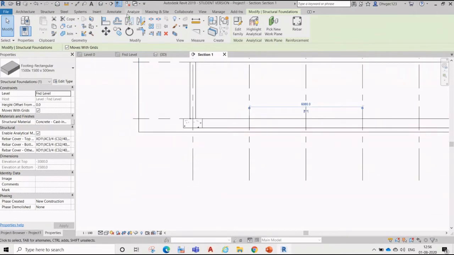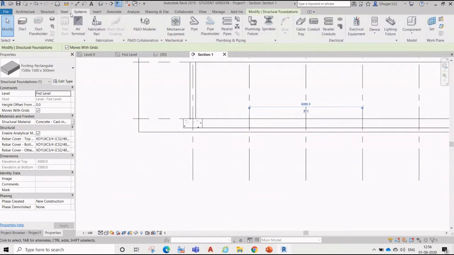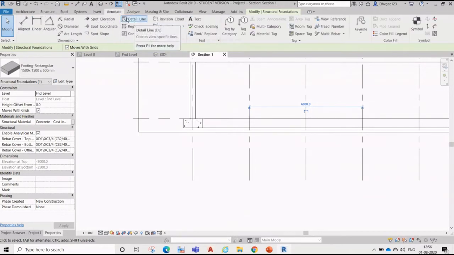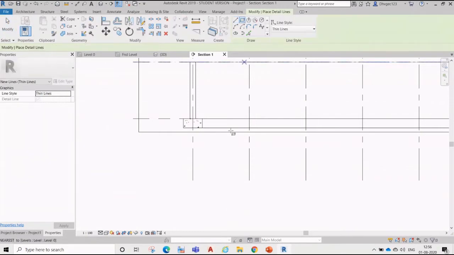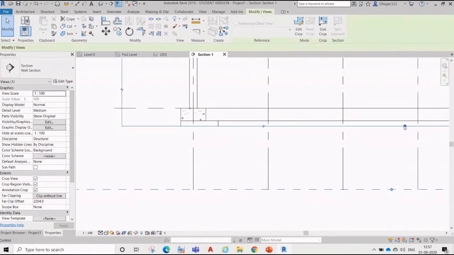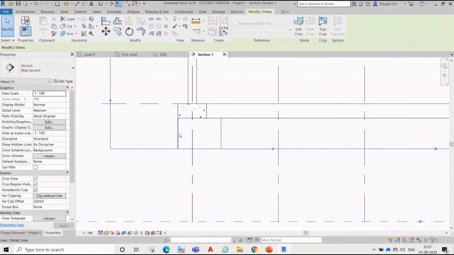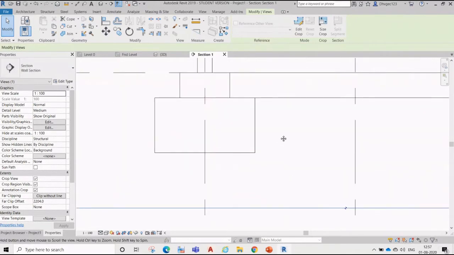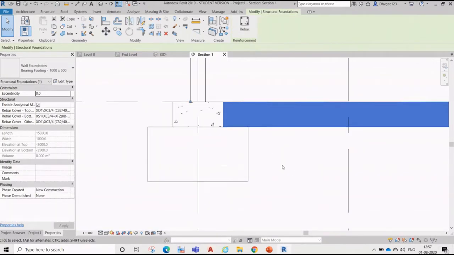You want to say the difference? Wait. Annotation, yes. You want to say this type of footing, step footings? For that we have to prepare the family. Now this is the default family with us.